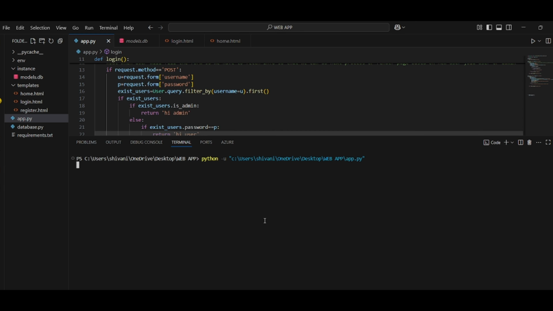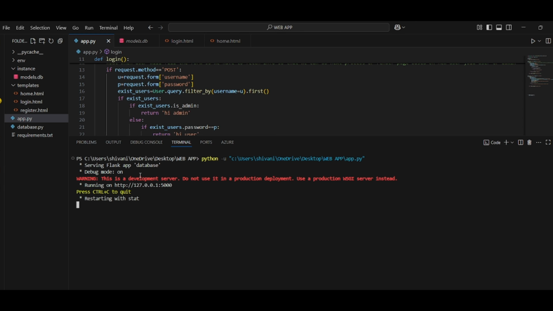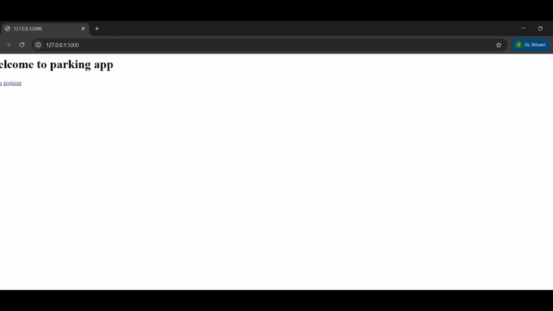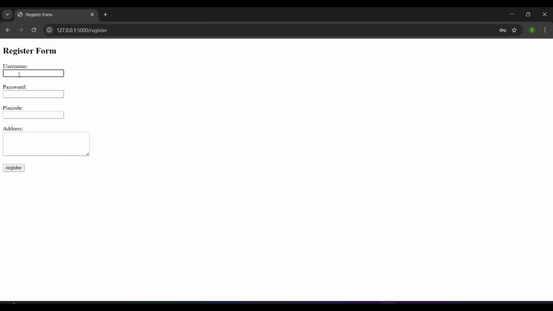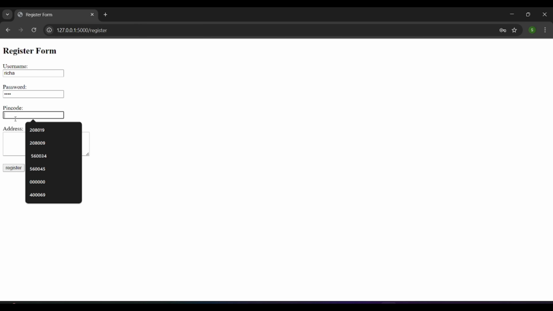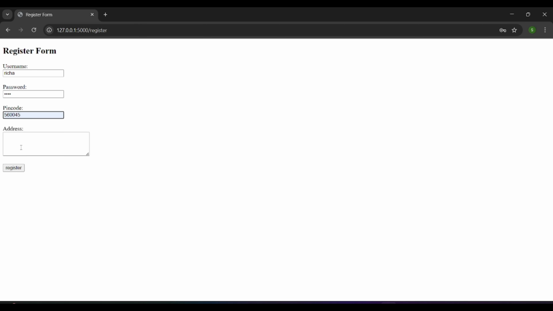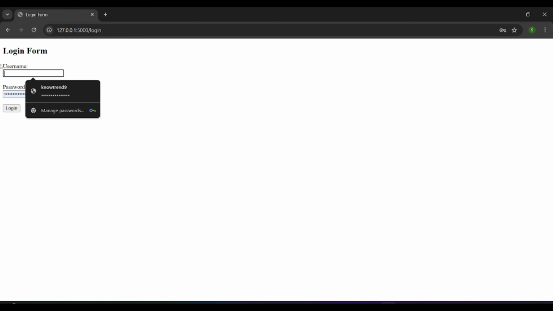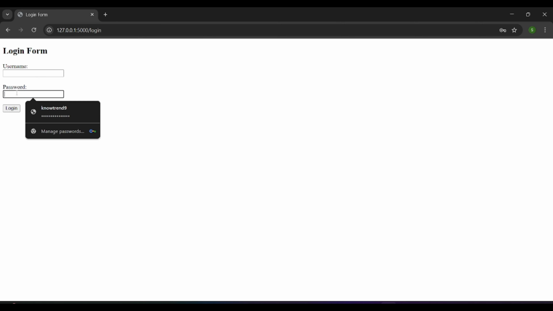Let's check how our app is looking. I am filling the register form. See, after filling the register form, we are redirected to the login form.